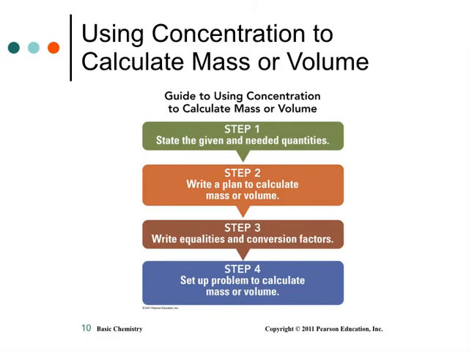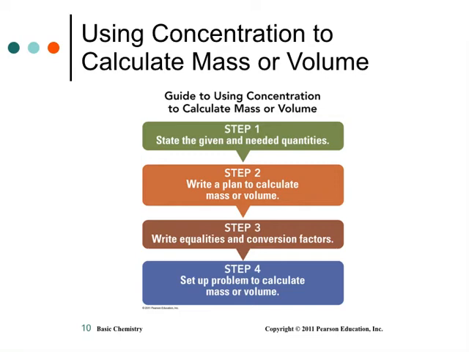If you're using concentration to calculate a number, most of the time you're going to have one piece of information missing, everything else found, and you put it in its configuration so that you know what it is that you're solving for. For instance, if you have mass over mass, you would have grams of solute over grams of solution equals a decimal. And then that decimal can be expressed as a fraction. You have 3 pieces of information. If I give you any 2 of those, you should be able to manipulate it to find the third. That's what we're going to do.